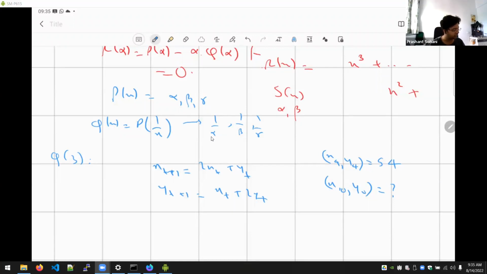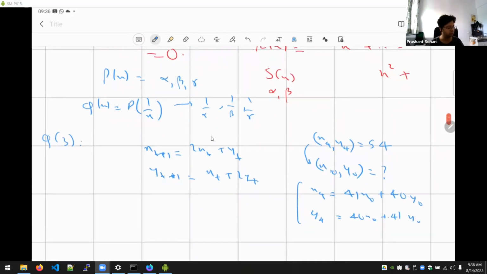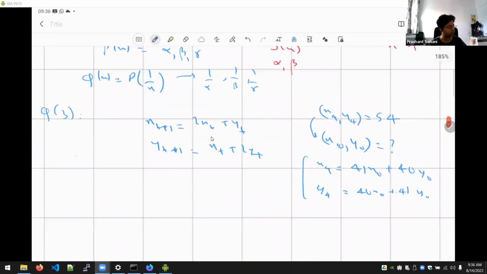So, one way to do it is you directly find x4 and y4 in terms of x0 and y0, and I think many students had done that. So you can write x4. I think x4 is 41 x0 plus 40 y0, and y4 is 40 x0 plus 41 y0, something like this, and then you can try to see the relation between that. There's one more approach where you go one step at a time. So you try to connect the GCD of x4, y4 with just the term before, GCD of x3, y3. What are the possibilities of these two GCDs?